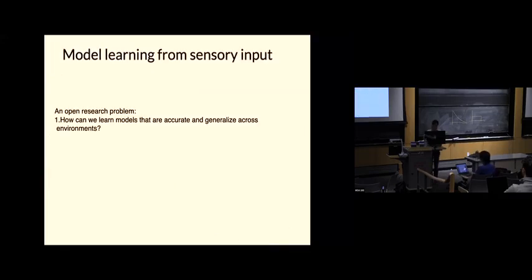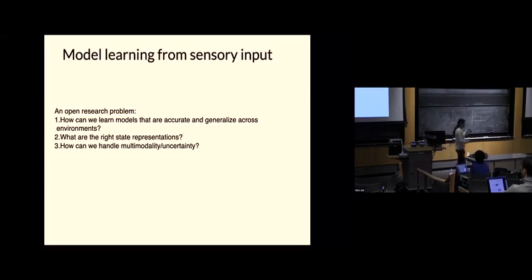Yeah, so model learning from sensory input is an open problem. If you know LeCun's recent paper with a very long title, I think it's A Path Towards Autonomous Machine Intelligence, he mentions building world models as an open research problem. How do we endow machines with the ability to understand the world and how the world behaves? This is exactly related to building models about the world. Like how the monster in Atari is going to move, when the monster is going to shoot, where the strawberry is going to show up? Can I hide behind the tree? Do I fit in the cave and so on? So this is also about learning world models from Atari, correct?